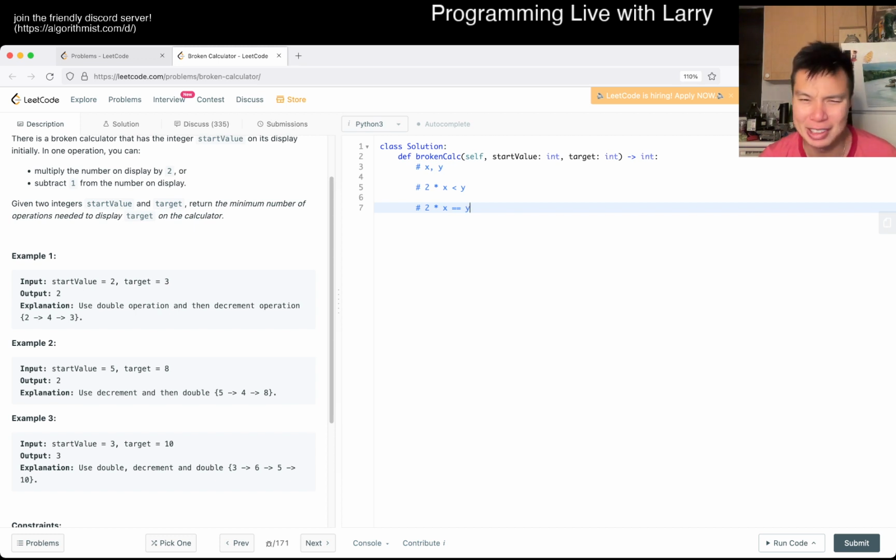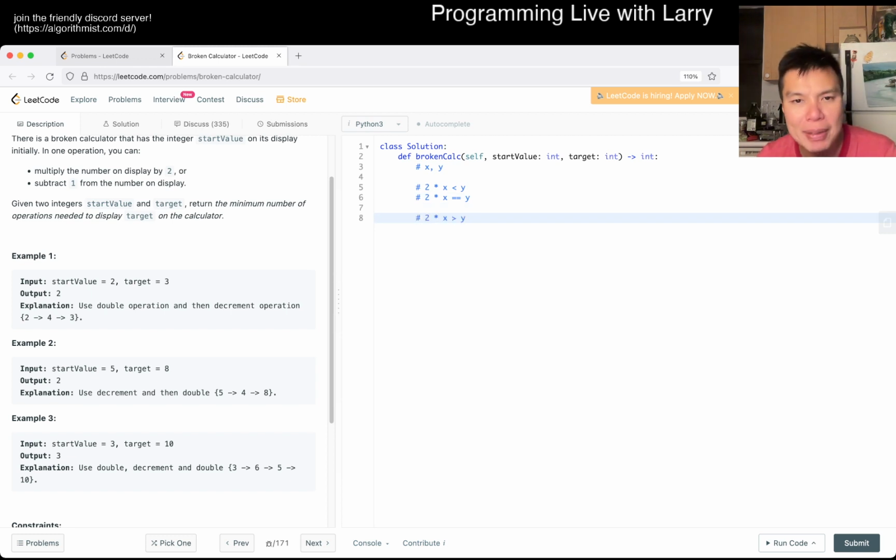Let's say 2 times x is greater than or equal to y. Well, obviously, in this case, you just take the half and then you get to x, so that also is a good idea. But what if you have 2 times x is greater than y, right? Then what happens? Well, you have just one math calculation, right? You have x plus some constant c is equal to y, or you have x plus